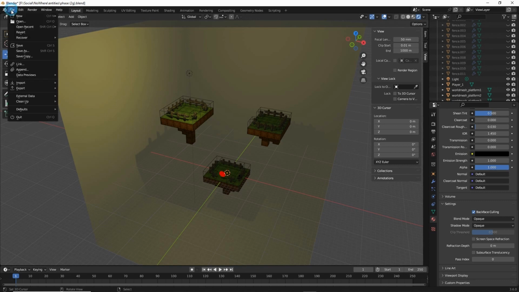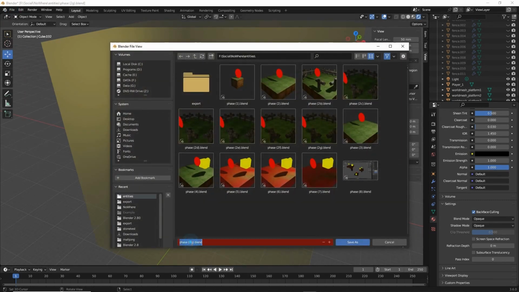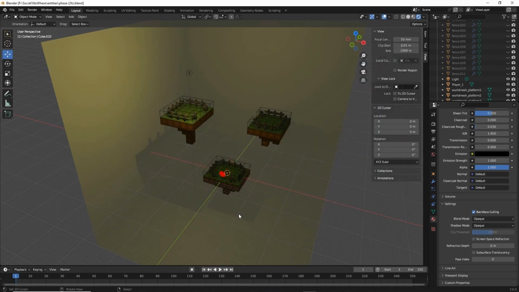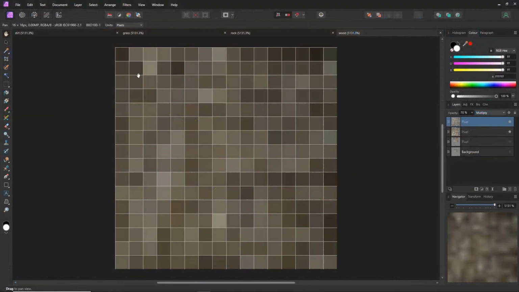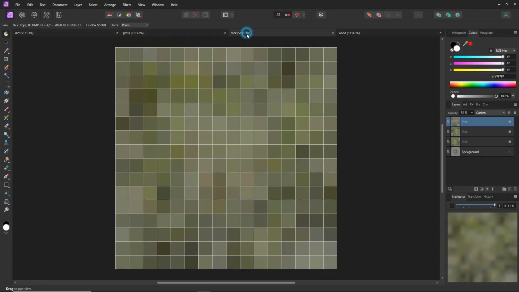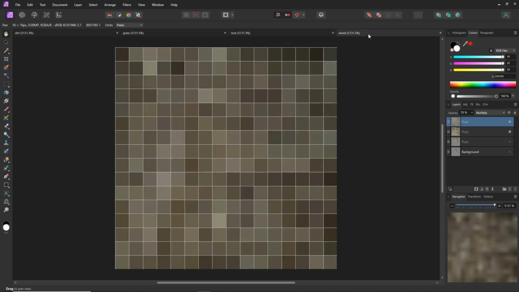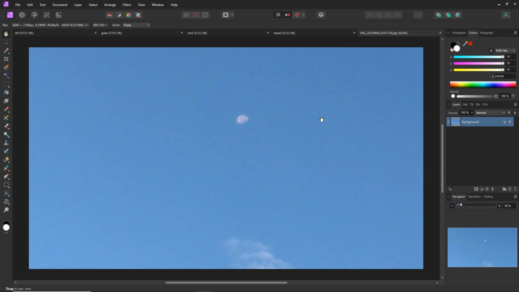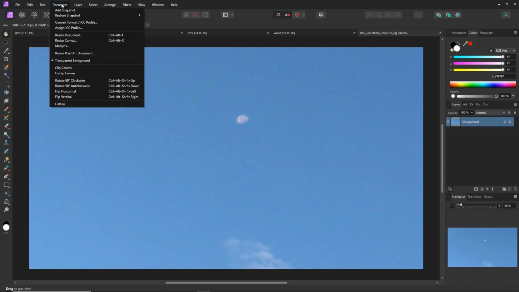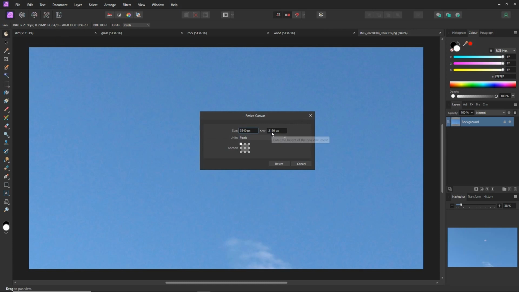So let's just save this file, save as GH. So with that in mind, let's pop back to our image editor and create our pixel sky. So these are our terrain textures, our world textures. So we're going to do the same thing again. All we're doing is grabbing our image, dropping it into place, and as before, document, change the canvas size, make the thing square, so decouple,